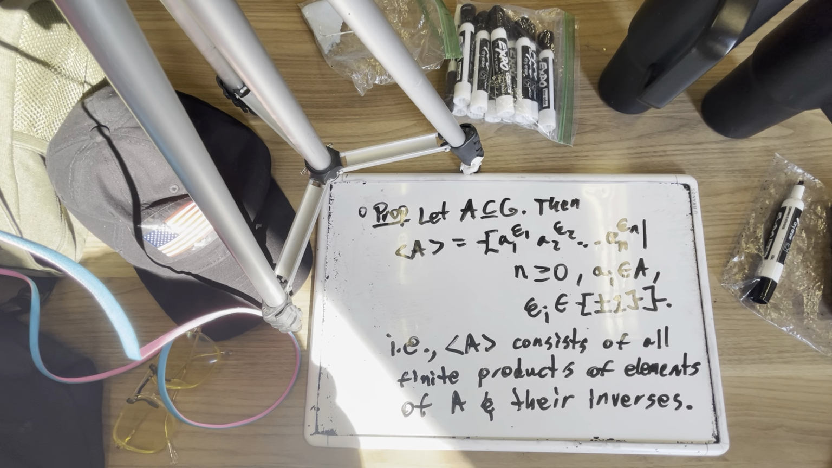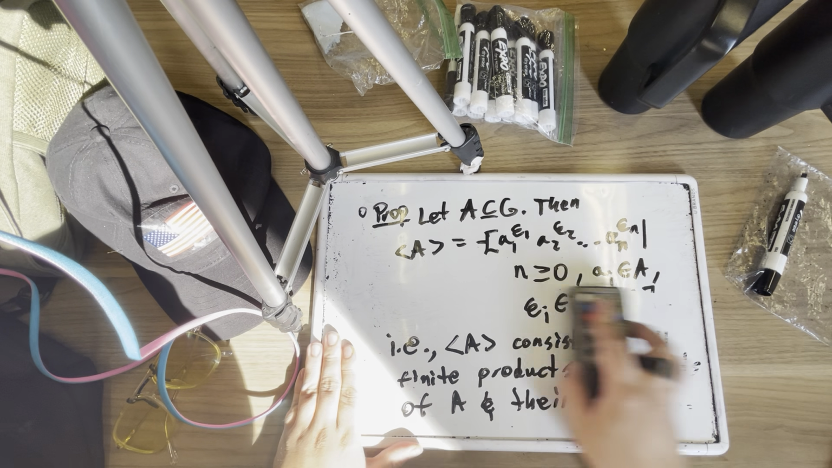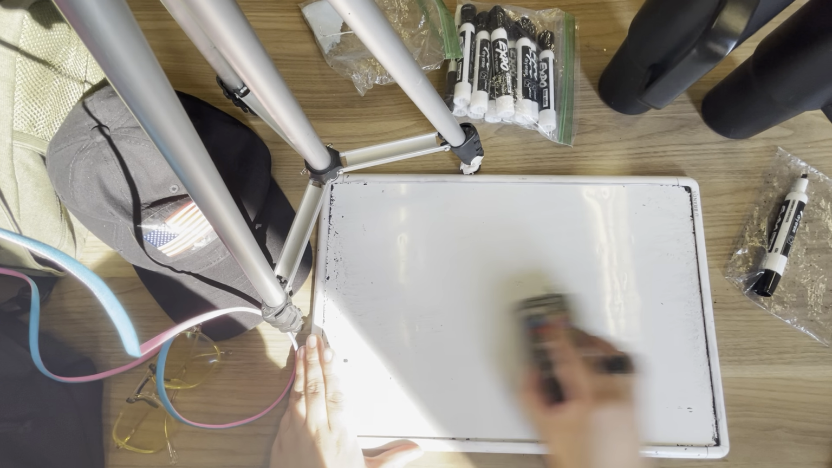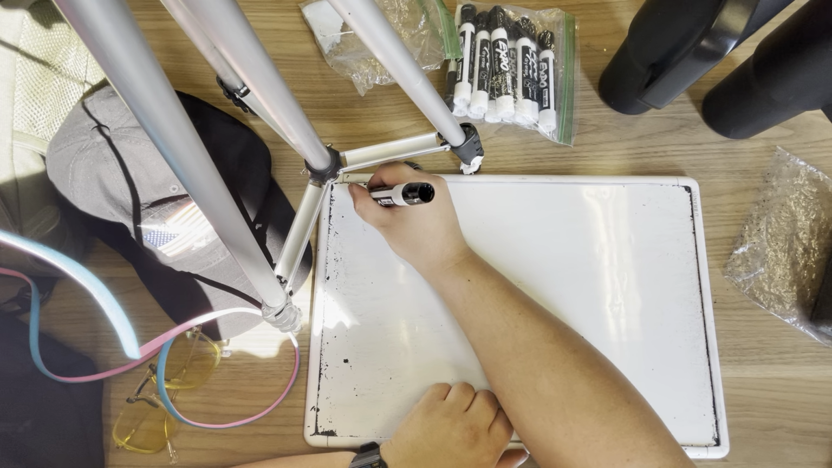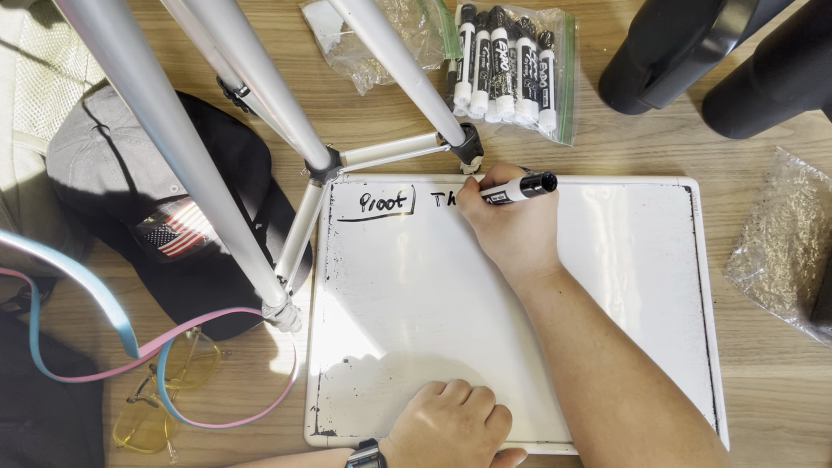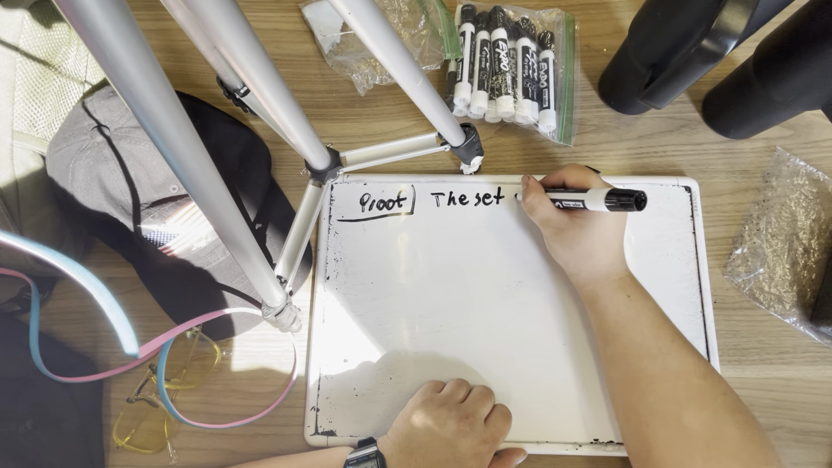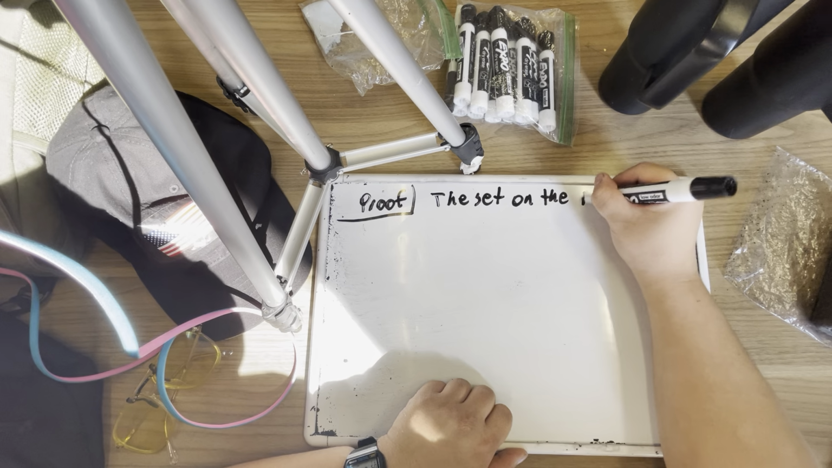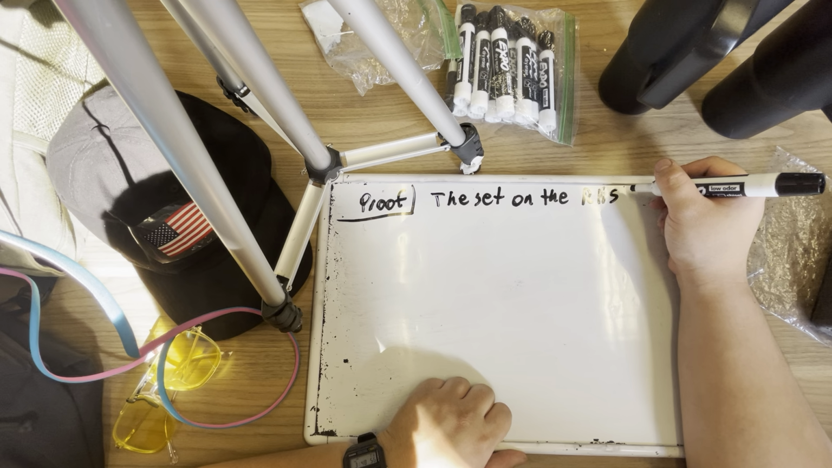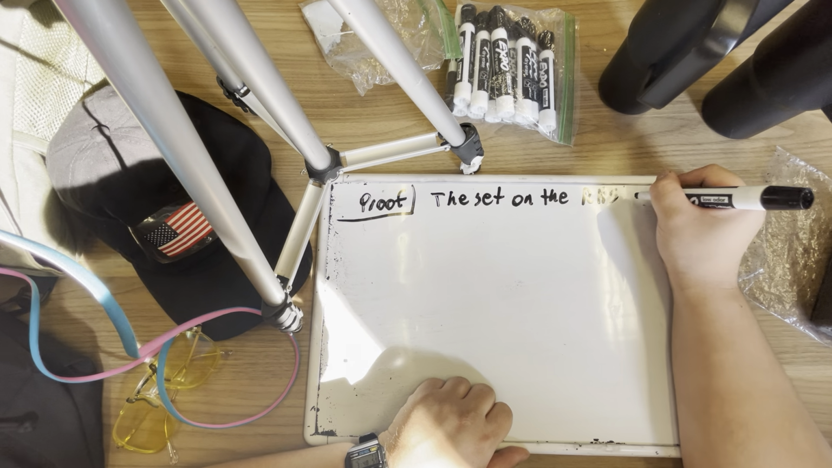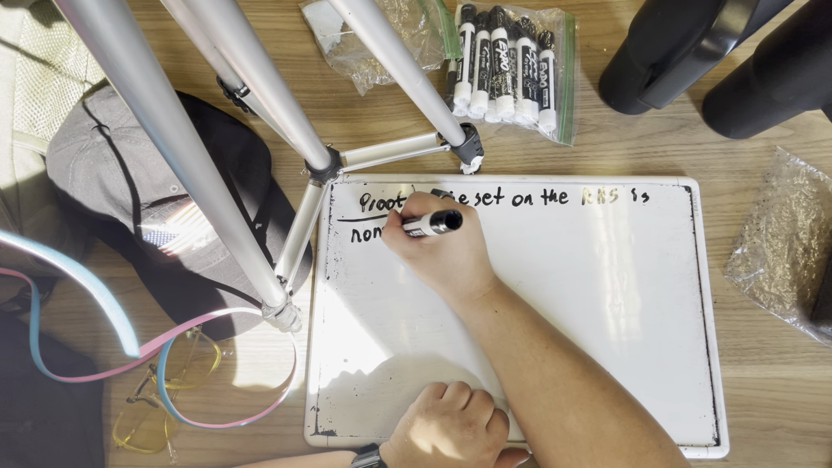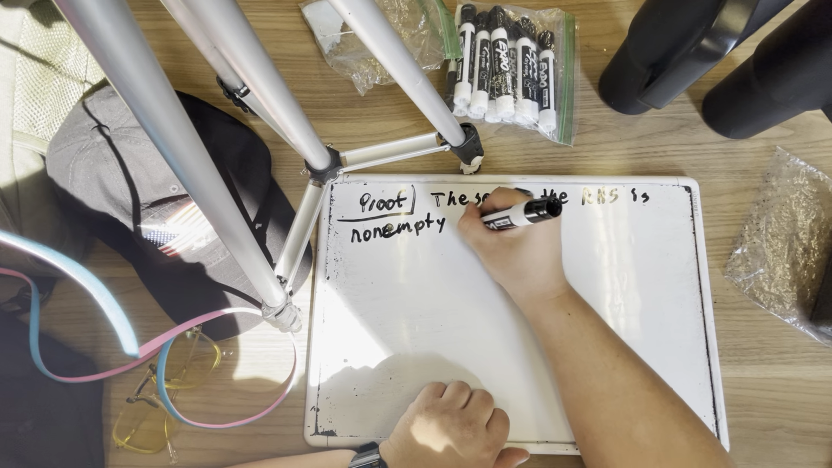I mean, that's pretty extraordinary if you think about it, but that's what we found. Okay, so for the proof of this, the set on the right-hand side, that set of a sub 1 to the epsilon sub 1, a sub 2 to the epsilon sub 2, that's non-empty. It's not empty, contains 1,